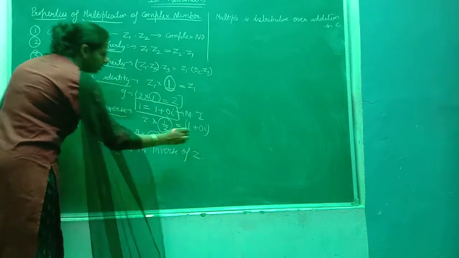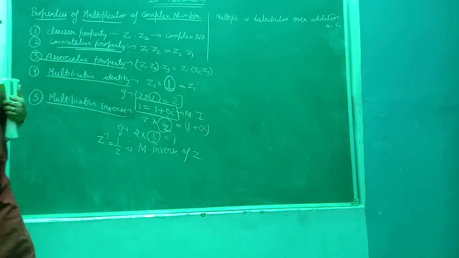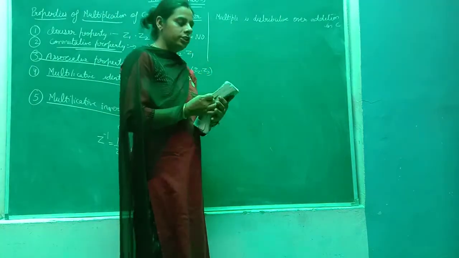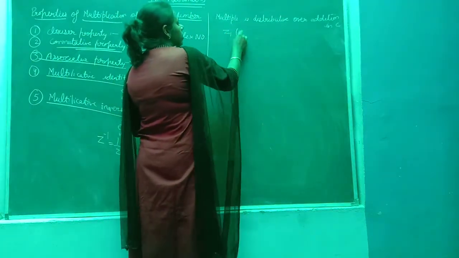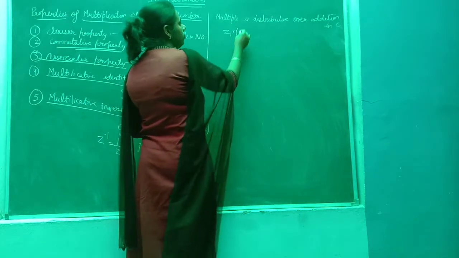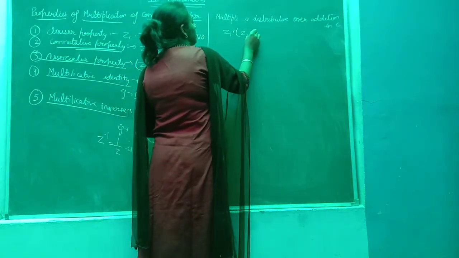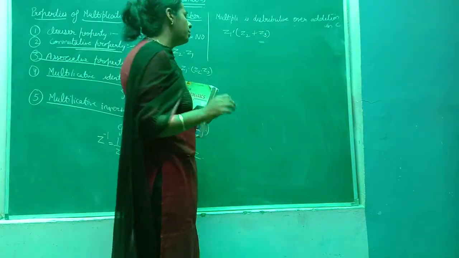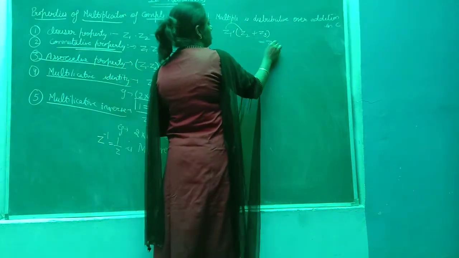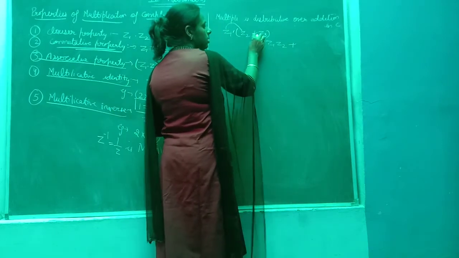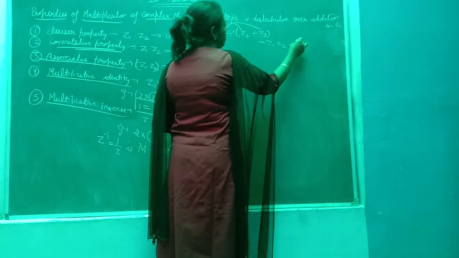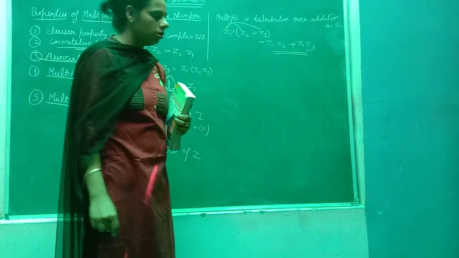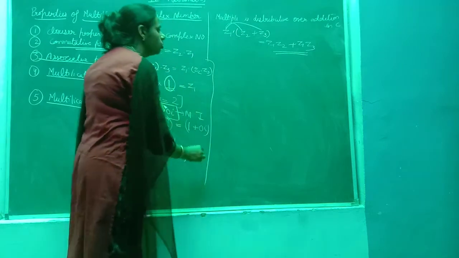Now come to the next property, that multiplication is distributive over addition. Z1 multiplied with the addition z2 plus z3. It is just a simple distributive property here. Multiply z1 with z2, then there is a plus symbol in the middle, and then multiply z1 with z3. That is the distributive property that you simply use. Okay, so there are some identities that also hold.